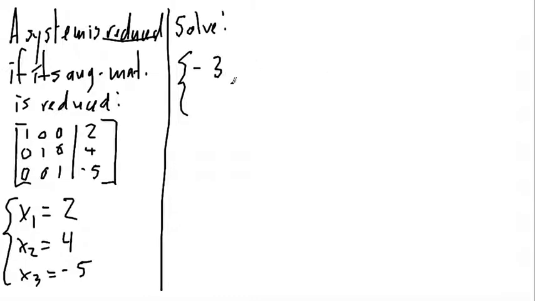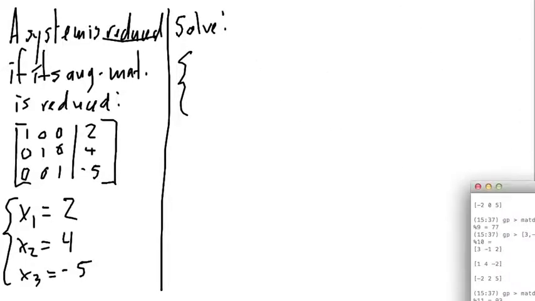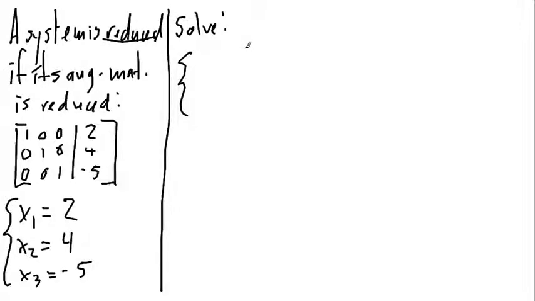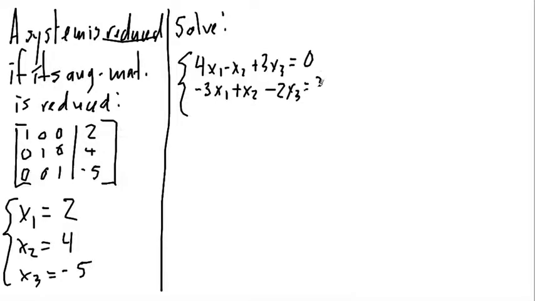That's not what I wanted. I wanted to have instead 4x1 minus x2 plus 3x3 is equal to 0, and then -3x1 plus x2 minus 2x3 is equal to 2,